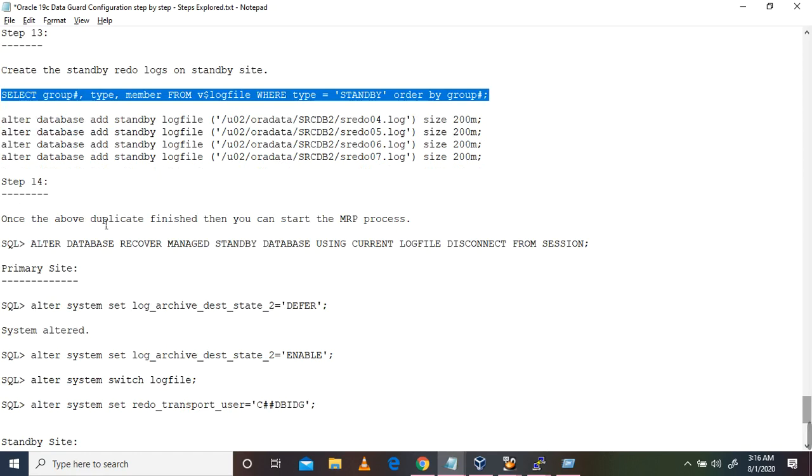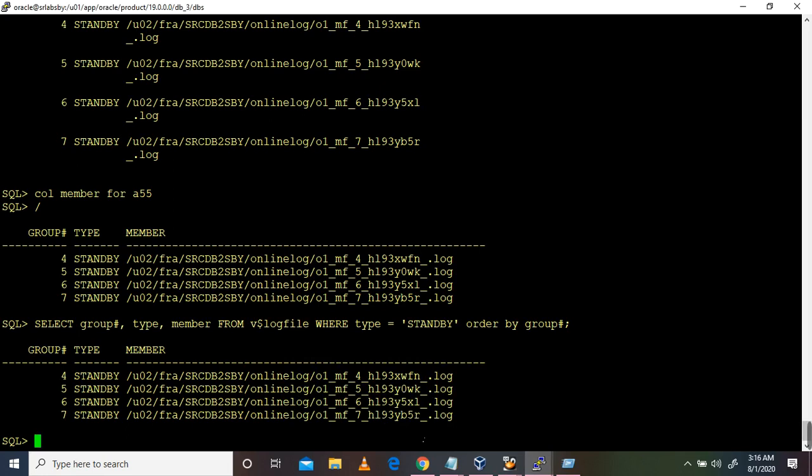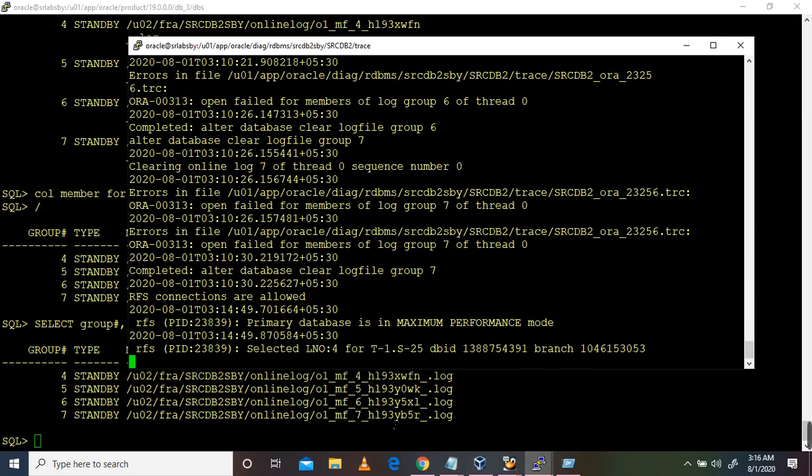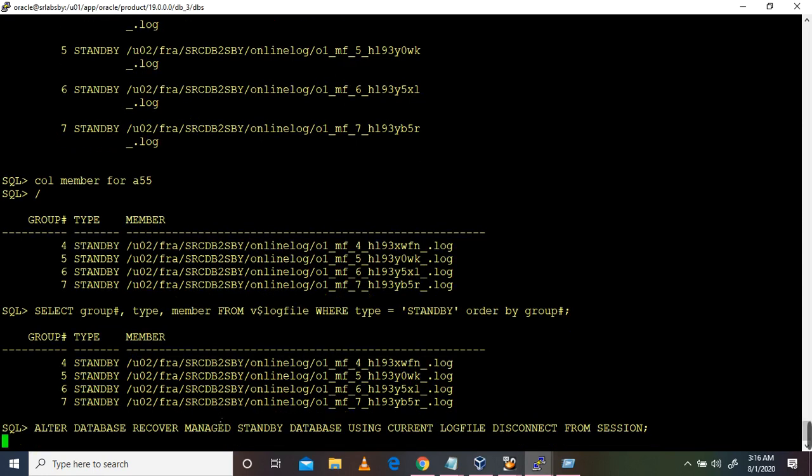Once the duplicate finishes, then you can start the MRP on the standby side. You can see the log.